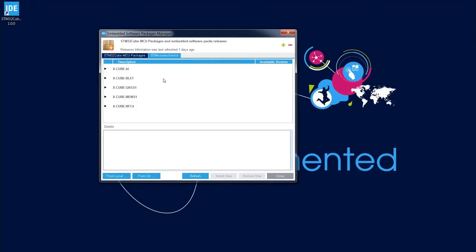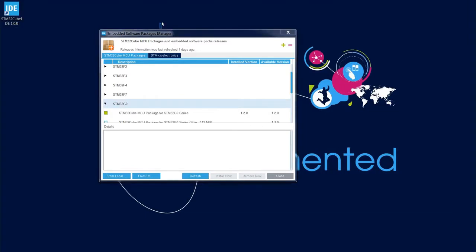So those are the software packages which allow cooperation between STM32 devices and some additional components. We will focus on STM32Cube MCU packages, and let's go to the G0 section.